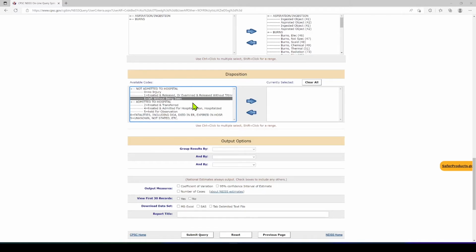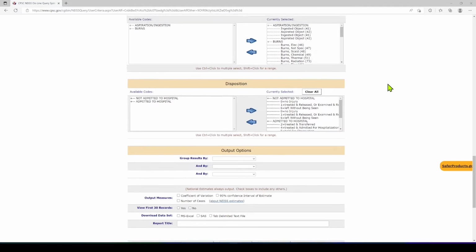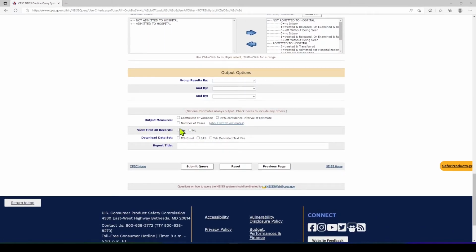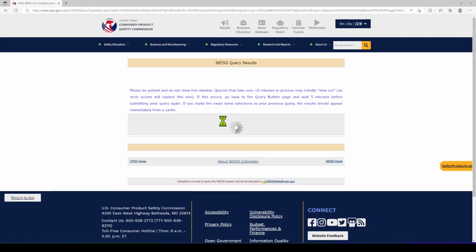For this example, I'll just select all these and move it over to the right. Again, you can change this and fix your output later. This time around I'm just going to send out an MS Excel file, and then we will submit a query like that. Let's say I just want to do a study regarding chainsaw accidents over 10 years, and that's my study. This is the way I would pull out the data,